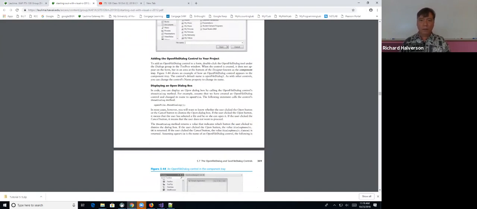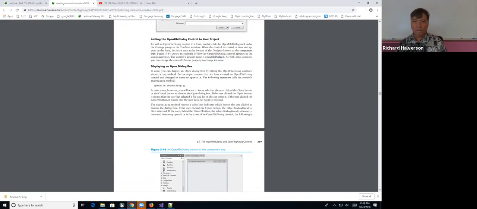And so here we add an open file dialog control, and it appears in the components tray. The control's default name is this. As with other controls, you can change the control's name property. So they changed it to open file. Yeah, that's probably a good name. dlgSaveFile, that's what I named it. So this is how you call it. You just say that, and